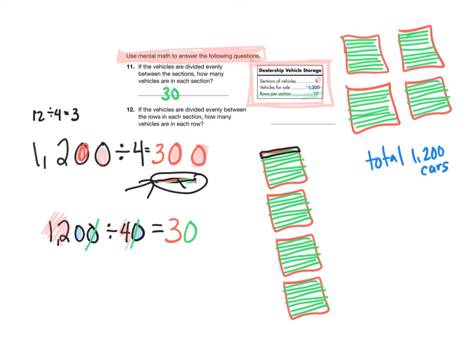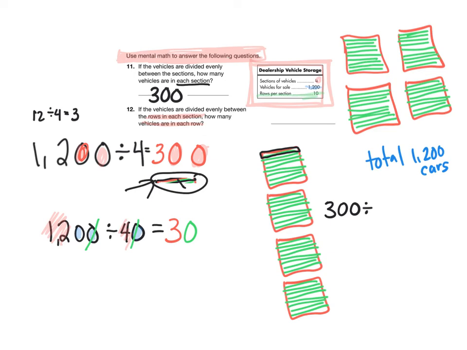Okay, no, I did it right. I was second guessing myself. It's always good to go back and read that problem one more time. Okay, if the vehicles are divided evenly between the sections, how many vehicles are in each section? We have 300 vehicles in each section. Then it says, if the vehicles are divided evenly between the rows in each section, how many vehicles are in each row? So for that, sorry guys, I would take my 300 vehicles that are in each section